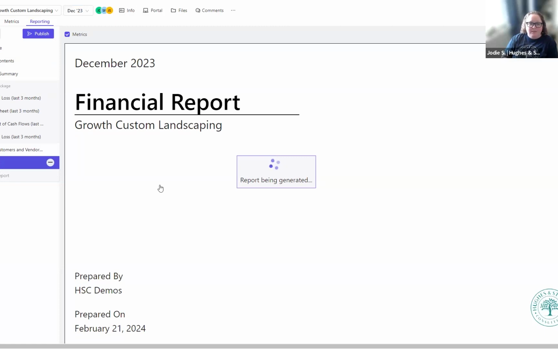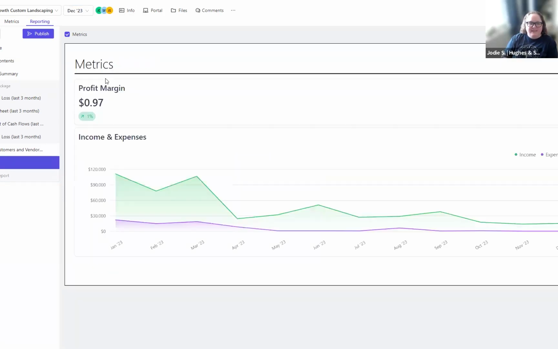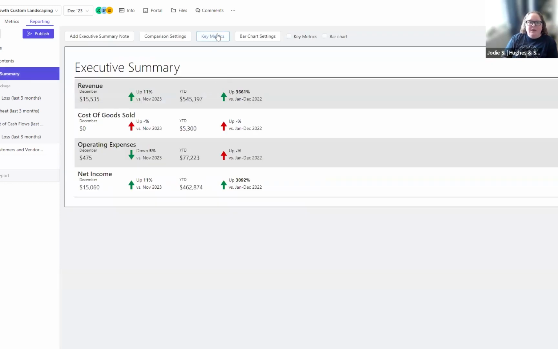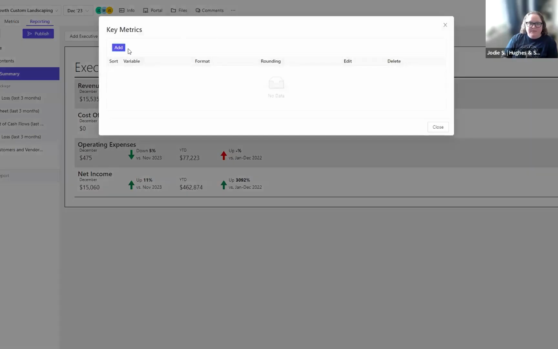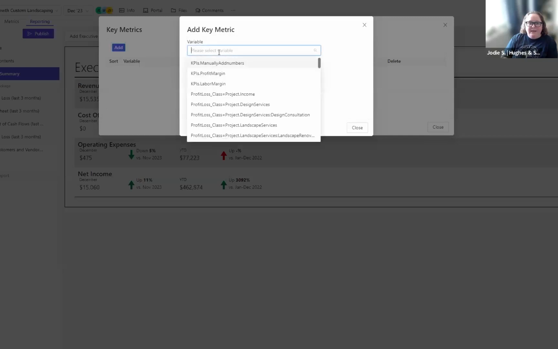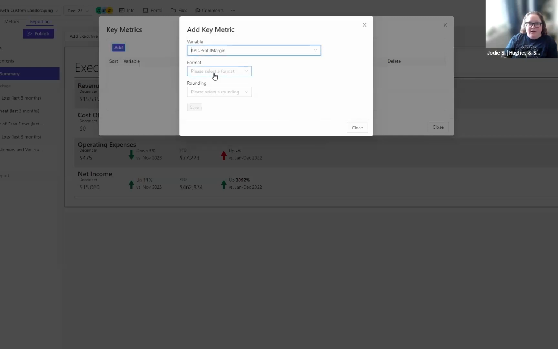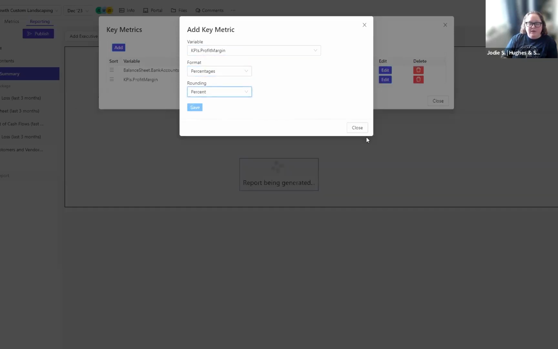Clicking faster than Keeper wants me to go. So your metrics page will match that visuals section. One additional thing I want to highlight real quick is executive summary. You can have key metrics and you can add in those variables that you've pulled out. And you can show whether it's a percentage, of course, the rounding, save,